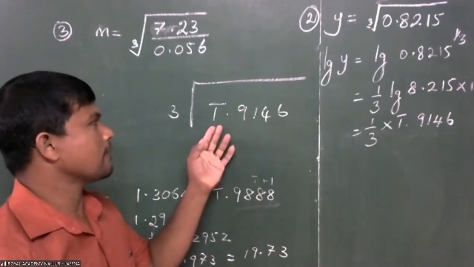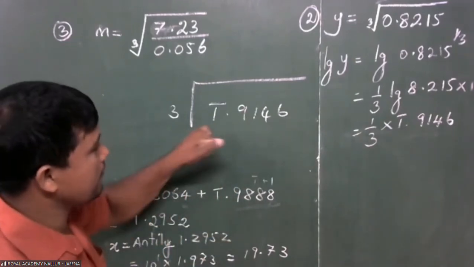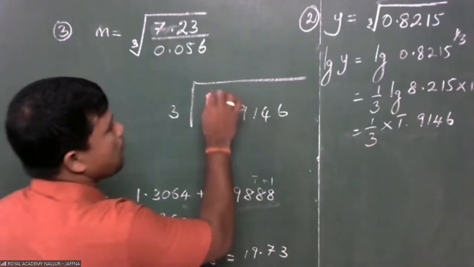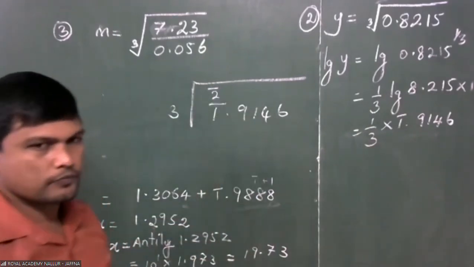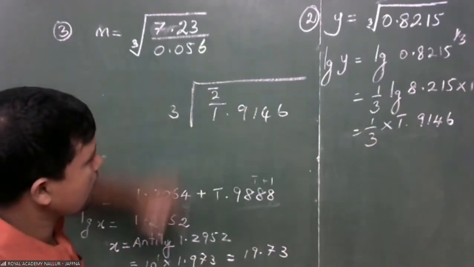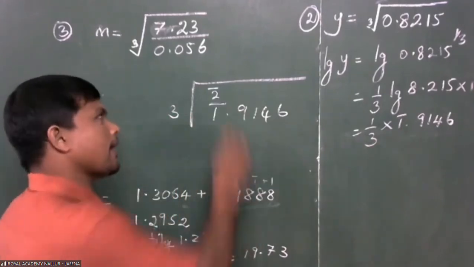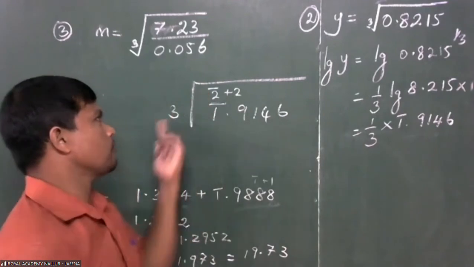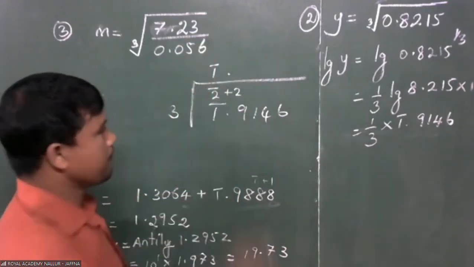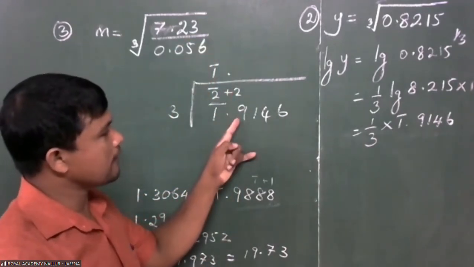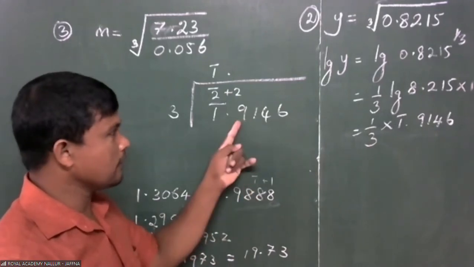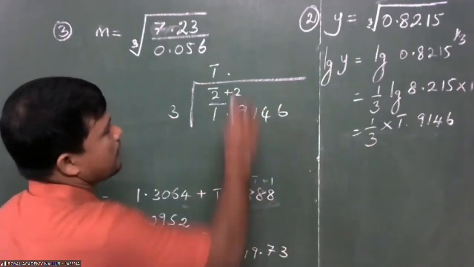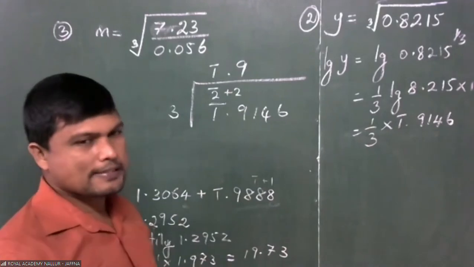To make it a simple multiple of this bar value, you need bar 2 to be given. Bar 2 and bar 1 becomes bar 3, therefore it will be okay. At the same time, you have to give plus 2 also. Out of bar 3, 3 is bar 1 times. Then 2 makes it value 29.